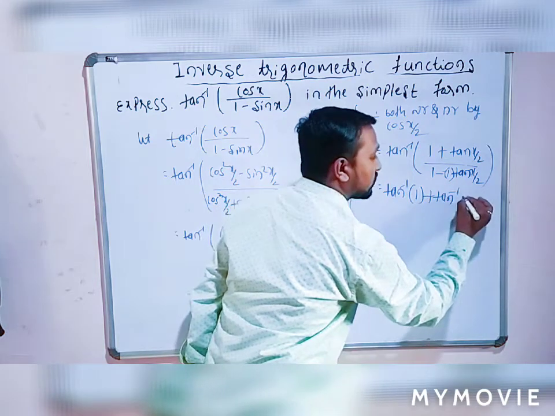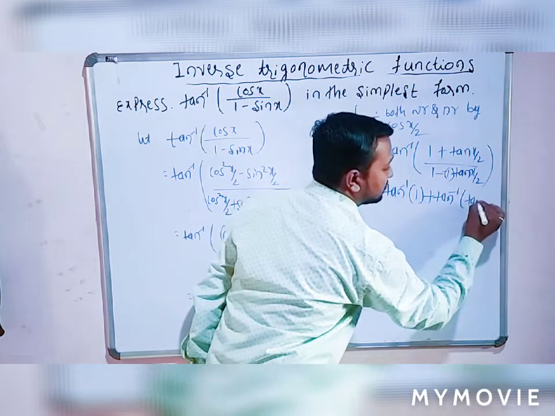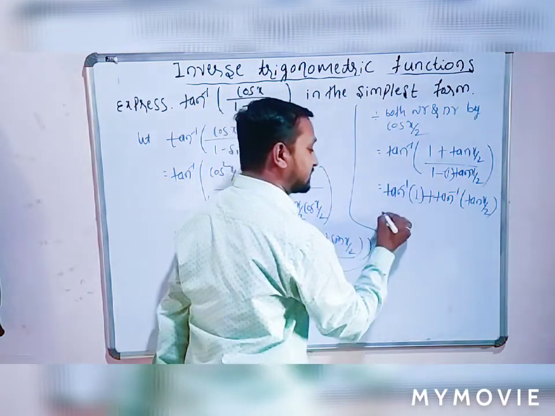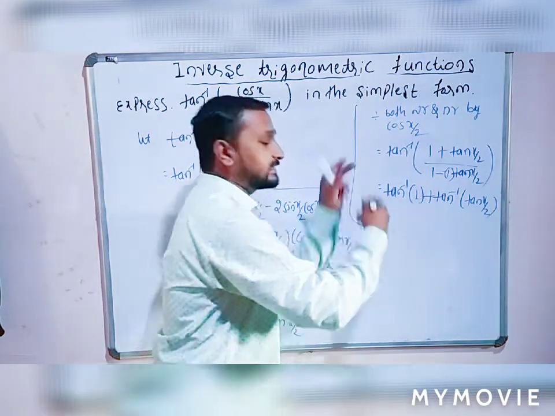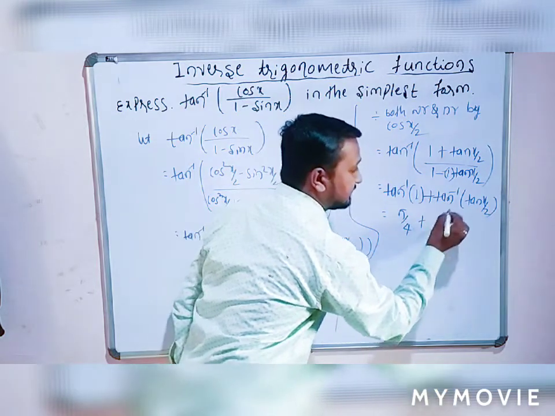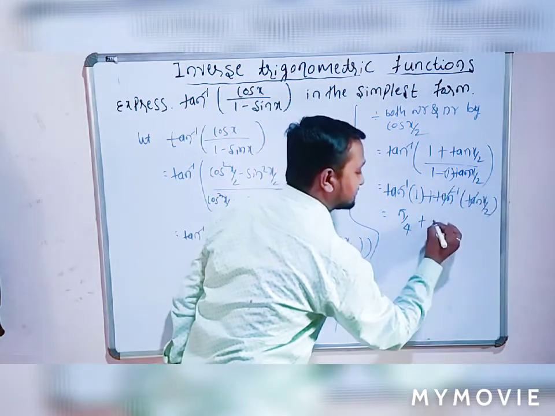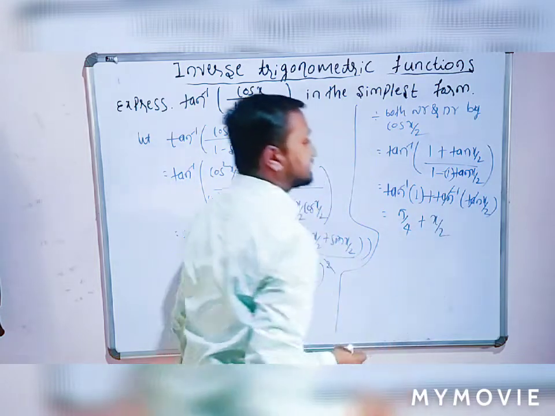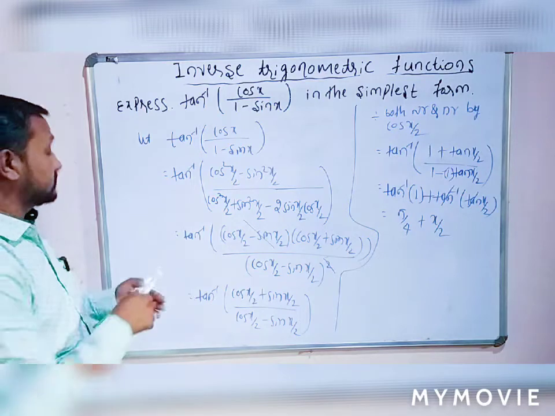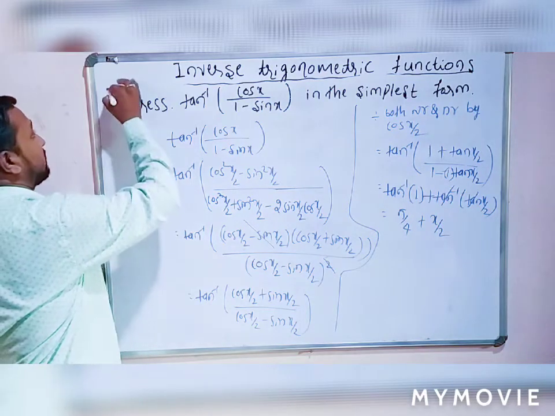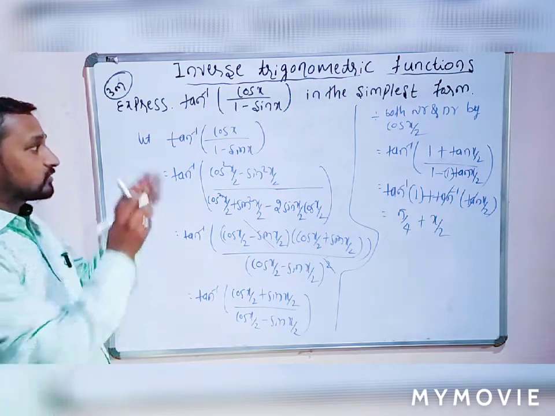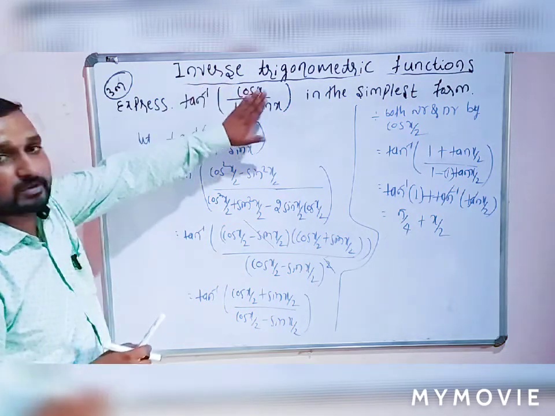Tan inverse of what is your y? Tan x by 2. Here tan inverse of 1 is nothing but in which angle the value of tan is 1? Pi divided by 4, plus here tan inverse and tan get cancelled. The answer should be x divided by 2. Is that clear? This is a very important example for 3 marks. Okay. Just go on through your half angle formula process.